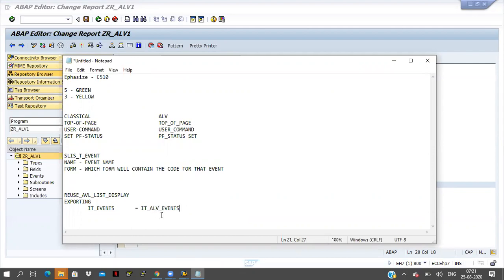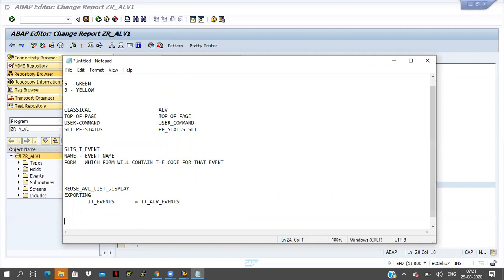I'm passing an internal table to the function module, and before that I have declared this internal table: data IT ALV events type slis_t_event. I'm declaring the internal table for the events list.